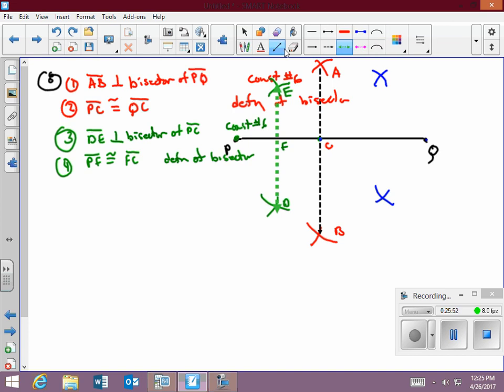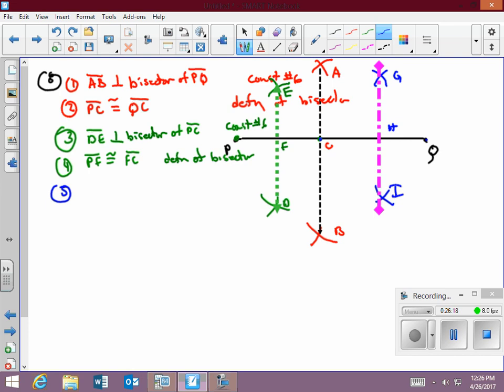And then we have to letter this D, E, F, G. We're going to G, H, I. Okay, G, I,